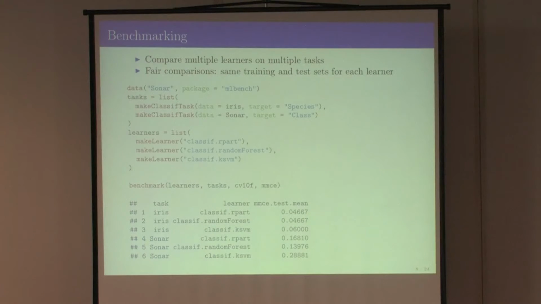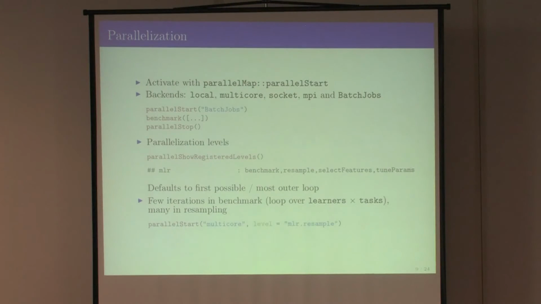So it's just a couple of nested loops, and the nice thing is it's not really loops. It's lapply statements, parallel lapply statements internally, so you can parallelize all of this. You can parallelize resampling, you can parallelize this benchmarking, you can parallelize feature selection that I haven't talked about yet, and parameter tuning. And you can do this on, well, I'm not going to say every system, but virtually every system that I have worked on yet,